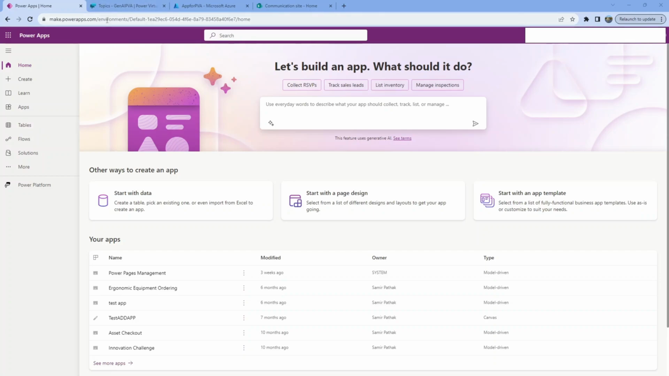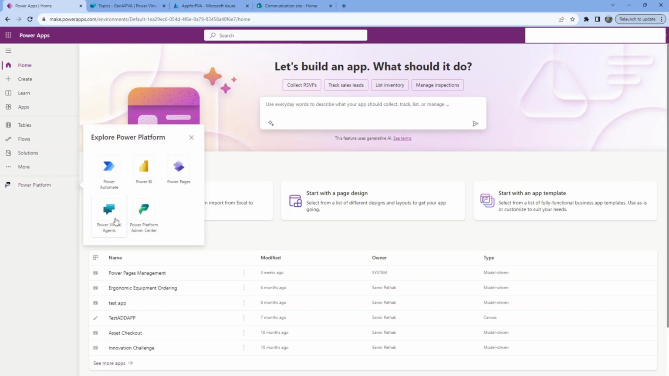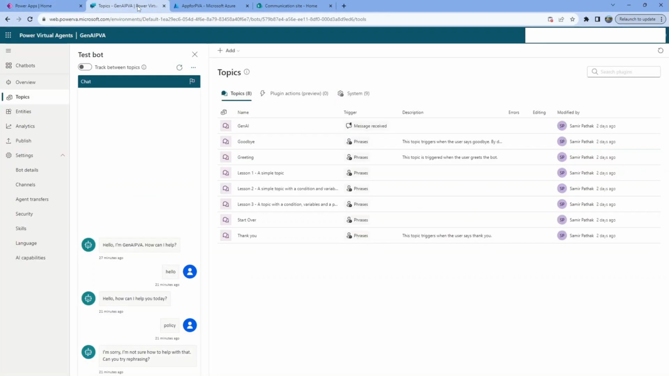I am here in my environment make.powerapps.com. So first you will go to make.powerapps.com, click on Power Platform, click on Power Virtual Agent. Once you are in the Power Virtual Agent, I've already created the environment here. You can go to Chatbot,